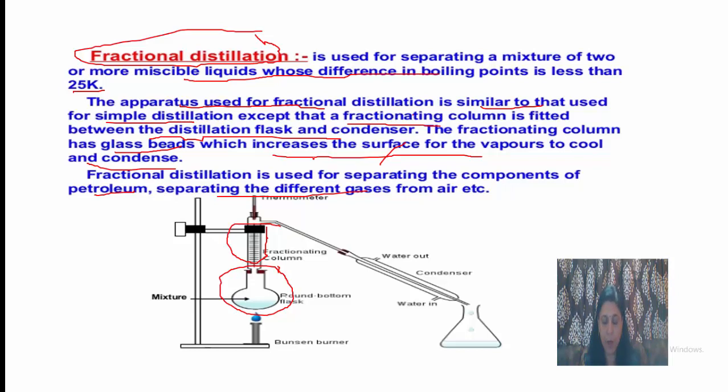In most simple terms, a fractionating column can be regarded as an arrangement for providing different temperature zones inside it during distillation, the highest temperature being at the bottom of the column and the lowest temperature near its top. Suppose we have to separate a mixture of alcohol and water. So we'll take this mixture of alcohol and water